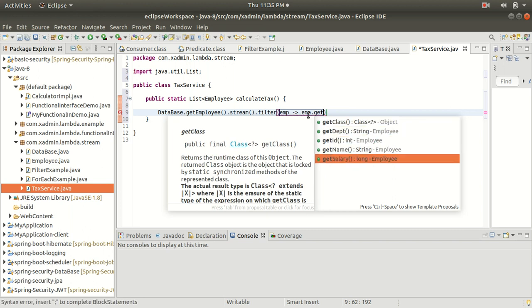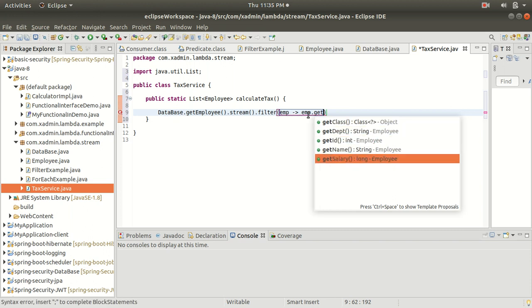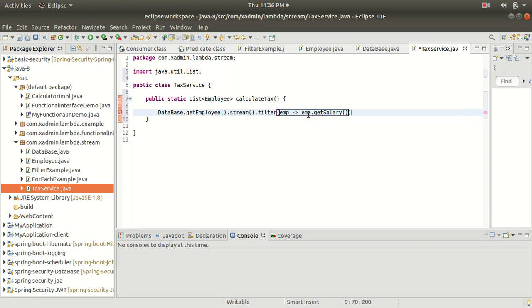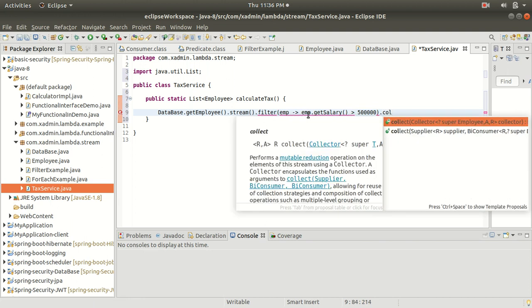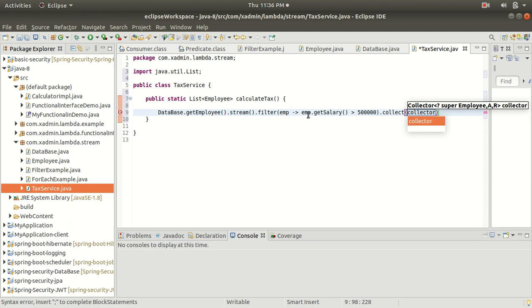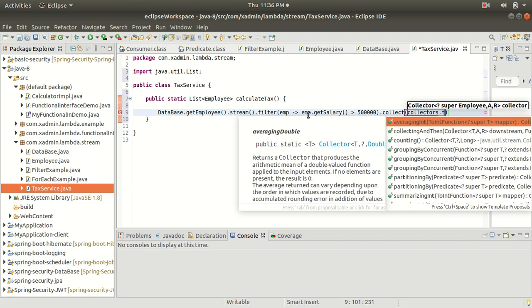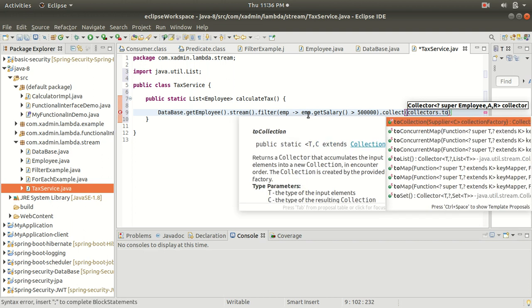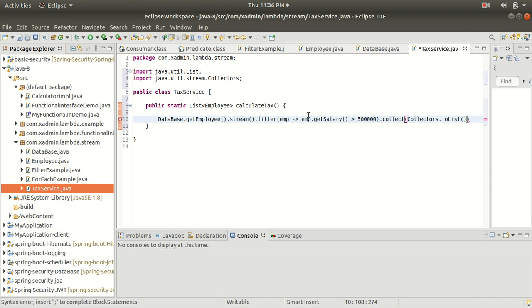I will take the salary of each employee by calling the getSalary method, and then I will put a condition to check if that salary is greater than 5 lakhs. Alright, then here I will use the Collectors class to change this to a list. So here we have a toList method to change this to a list.